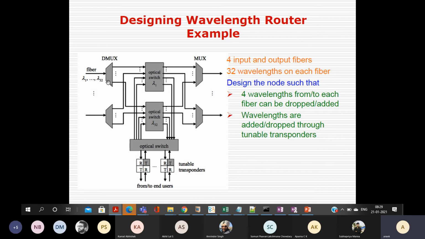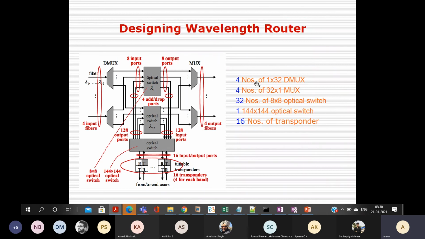We require 4 demultiplexers with dimension 1:32, and similarly 4 multiplexers with 32:1 size. So 4 numbers of 1:32 demultiplexers and 4 numbers of 32:1 multiplexers, for 4 input fibers and 4 output fibers.